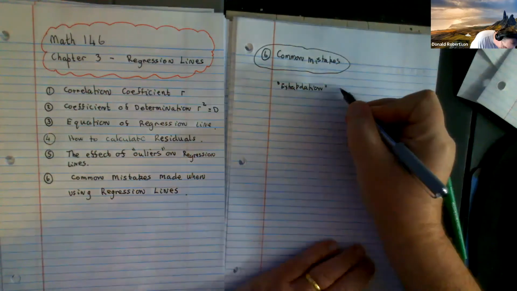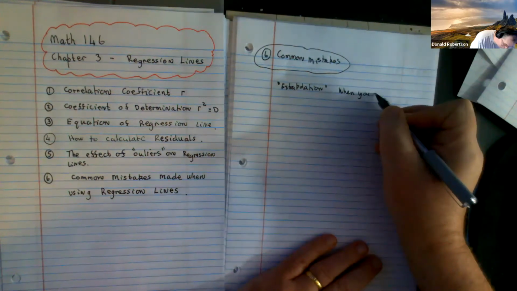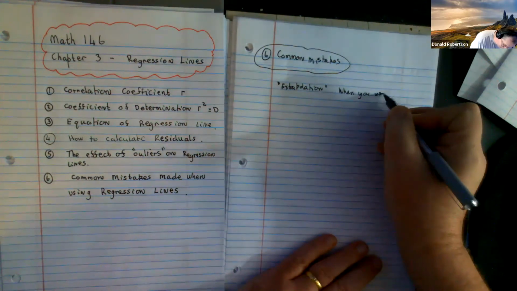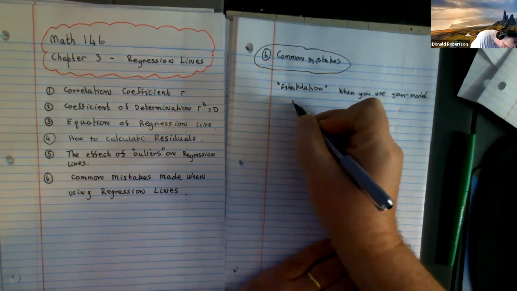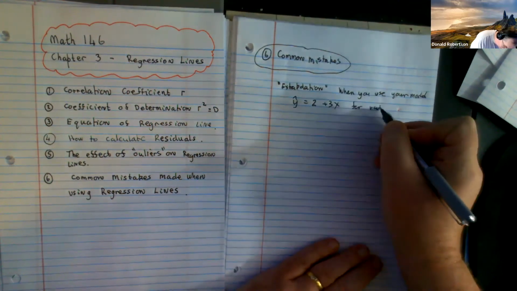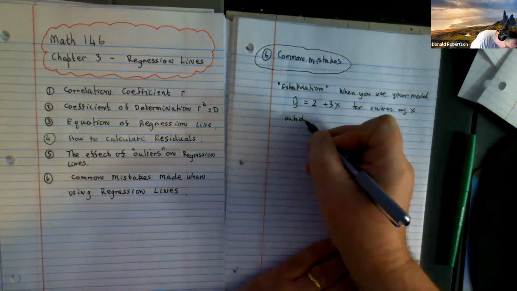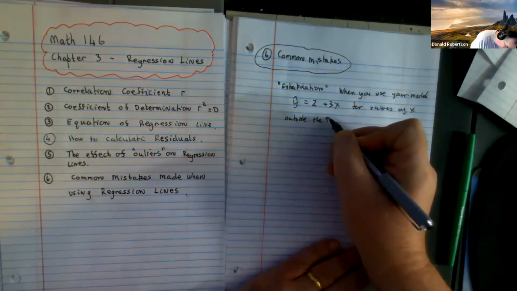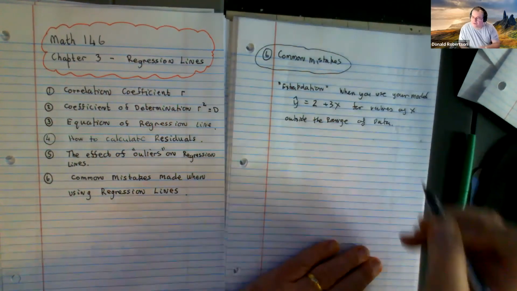Extrapolation is essentially what happens when you use your model. When I say you use your model, I'm talking about using this equation, the one that looks like that, for values of x outside the range of data. So you collect data and it has x values, and maybe the x values range between 5 and